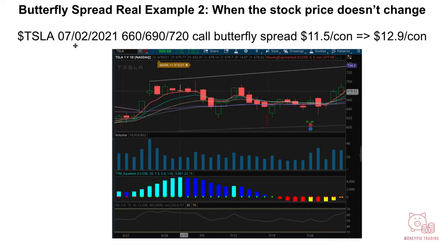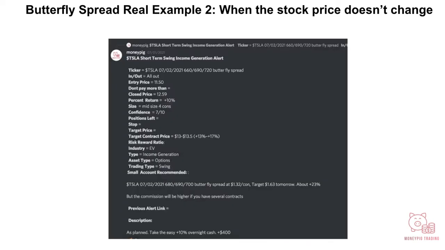butterfly spread. We got in on July 2nd, 2021, a 660/690/720 call butterfly spread at $11.5, just trying to generate some income overnight. And overnight, because on July 1st Tesla again didn't move and still fell into this range, this butterfly spread actually grew to 12.9, so it gave us a pretty nice 12% overnight, better than any bank interest payment. So just to give you a screenshot in our Discord paid community, we actually got this 10% overnight, so really quick, nice profits, which is one of the butterfly's most common use cases,